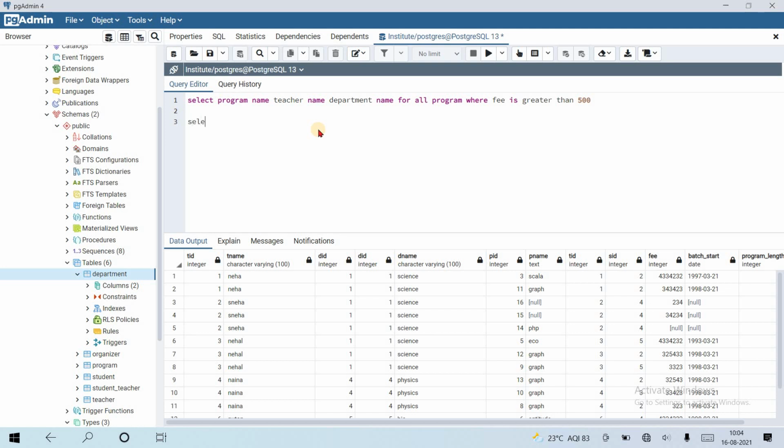For building the query, let's connect the tables first: program, department and teacher. Can we connect these tables? Yes, we have created this earlier. Write the FROM block first.